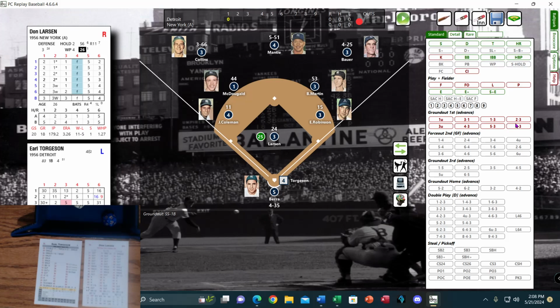This is Detroit. No, this is... why am I using the wrong... Why do I have the Yankees? Oh, the Yankees are in the field. Torgeson. I'm all confused here now. Okay, well anyway, we're doing a range check on the Yankees shortstop, and their shortstop is